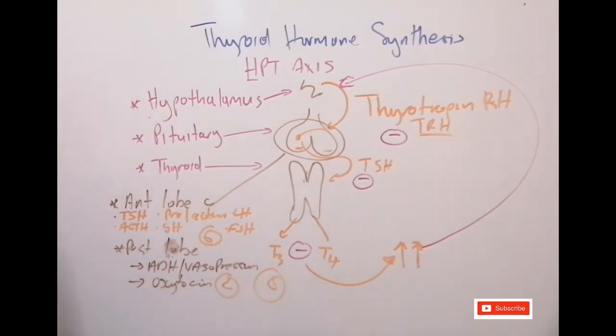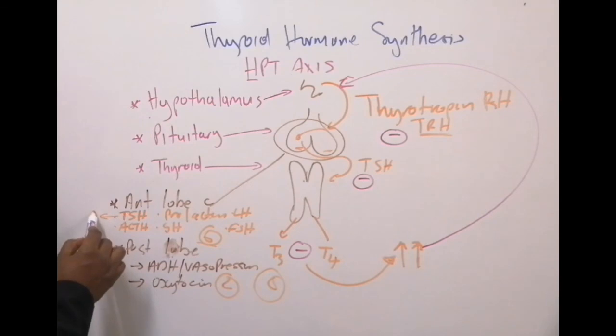What is important to note is that as much as the anterior pituitary secretes about 6 hormones, all of those hormones are secreted from different cells, right? The cells that secrete TSH as a result of being